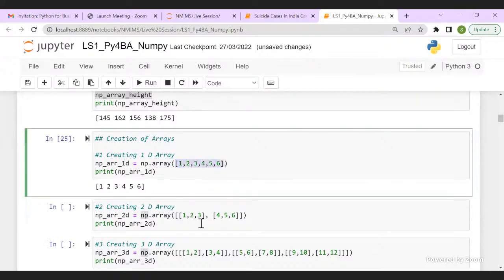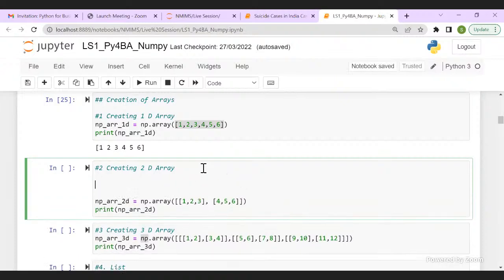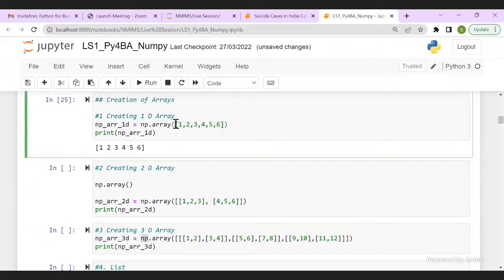Now, what if I want to create a 2D array? My 2D array was 1D arrays stacked on top of one another. So to create my 2D array, I have my alias, I have my function, and I have my parentheses. Now, for a 1D array I used one square bracket.